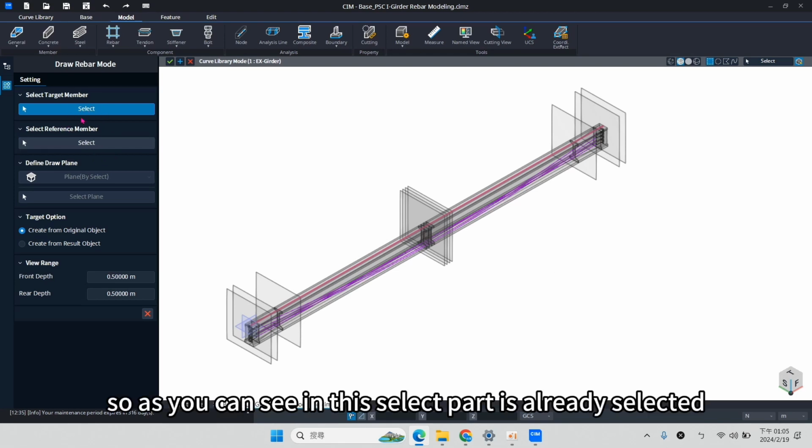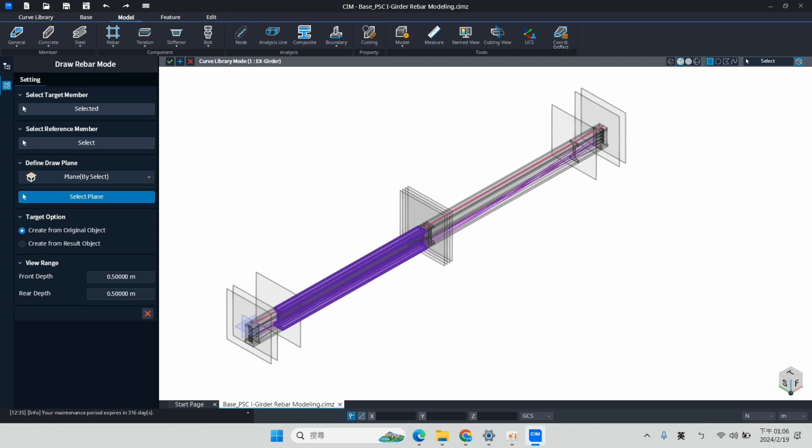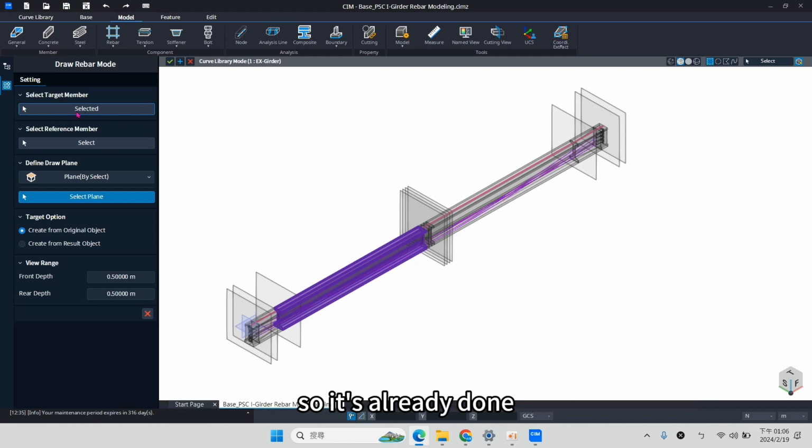So as you can see, in this select part, it's already selected. So you just select the part here. Okay, and after you select the part, you can see this is selected, so it's already done.